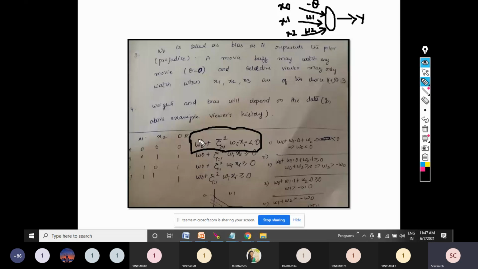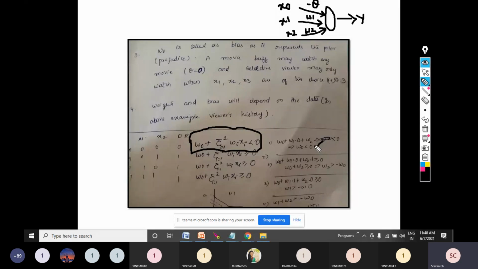So we have sigma i equals 1 to n. Here n is only 2 because we have only two inputs, x1, x2: Wi into xi. So it will look like W naught into X naught plus W1 into X1, respective weights as well as their products. If we substitute those values, for X1, X2 I know the values, but weight values I don't know. So when I substituted it, I got W naught is less than 0.